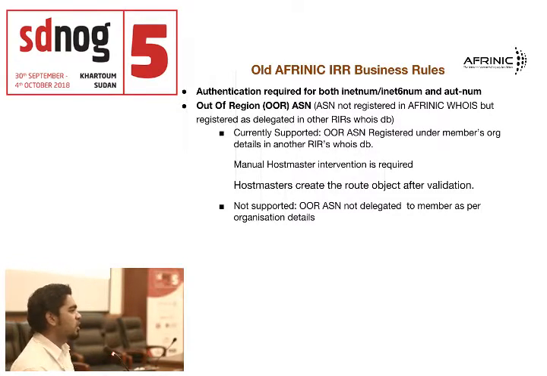So for example, if you only have an IPv4 from AFRINIC and you're using the ASN of your upstream provider, there was something called the dual authentication that needed to happen before you can actually create the route object. So what happens is that when you submit the creation, your upstream also has to actually submit the same so that it's created. And if you wanted to create an object for an out-of-region ASN, so if you have an ASN from RIPE, from ARIN, or any of the other RIRs, you actually couldn't do it until